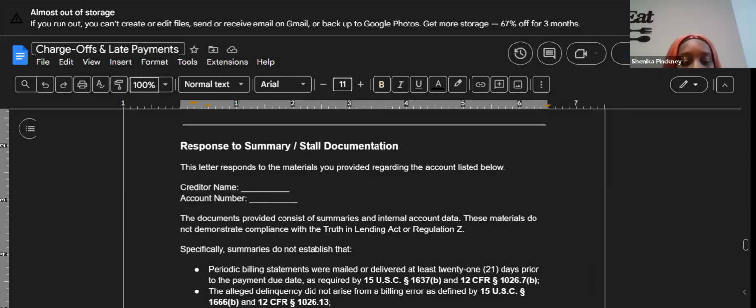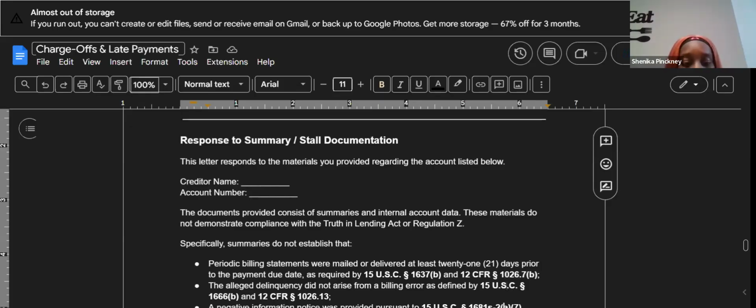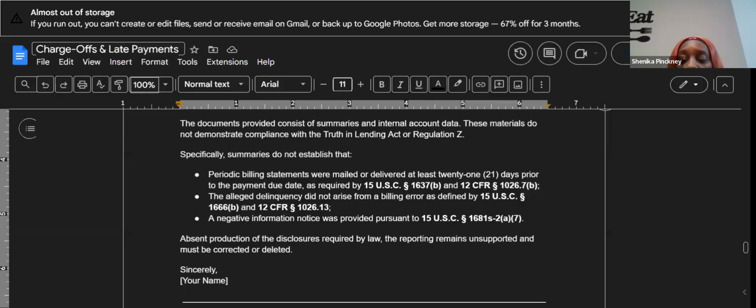You're going to put the creditor name, account number. You're going to say the documents provided consist of summaries and internal account data. These materials do not demonstrate compliance with the Truth in Lending Act or Regulation Z. Specifically, summaries do not establish that periodic billing statements were mailed or delivered at least 21 days prior to the payment due date as required by 15 U.S.C. 1637B and 12 CFR